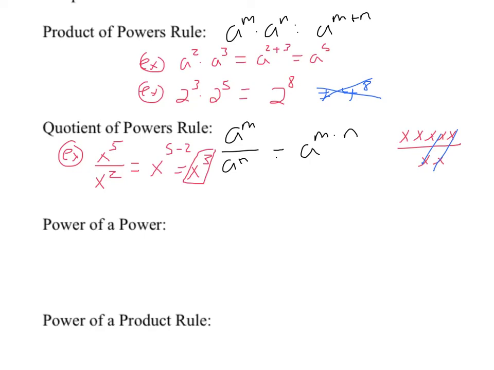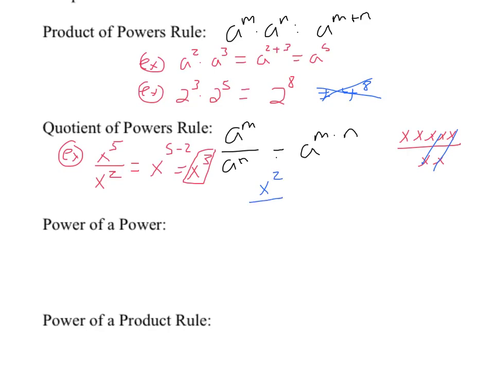And again, the same rule applies. As long as the bases are the same, you can go ahead and do that subtraction. One caveat though, and that is that when you subtract, the answer is always in the numerator. And that might not make sense at this point, but if I gave you x